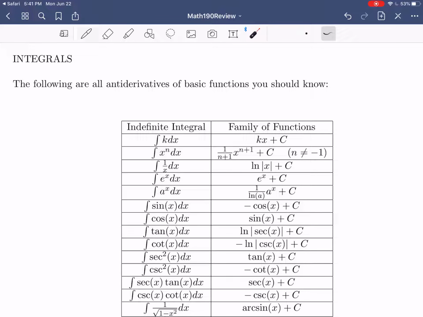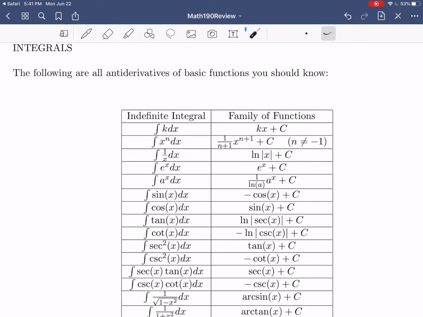There are actually very basic functions out there that have no closed form for their antiderivative, meaning that there's no single basic functional expression that says what their antiderivative is. We'll learn some ways of coming up with their antiderivatives that aren't closed form expressions, but taking integrals or performing antidifferentiation is a much more challenging task than differentiation. So, to start off our discussion, let's look at a basic list of indefinite integrals or antiderivatives that we should